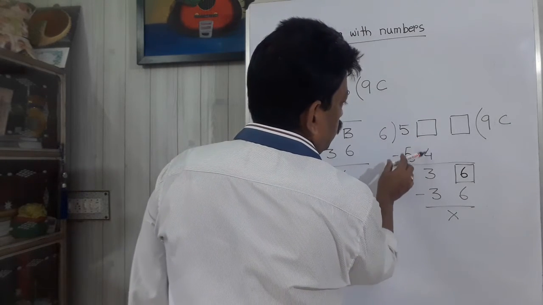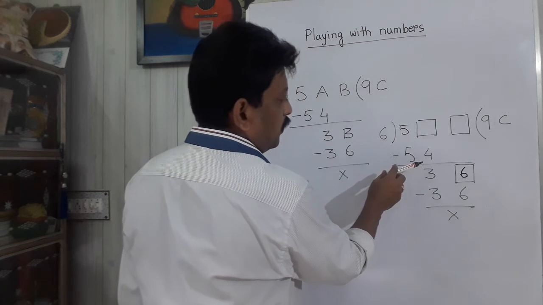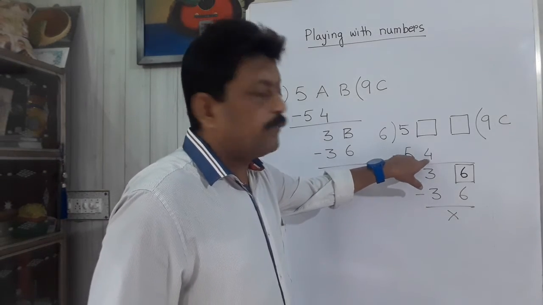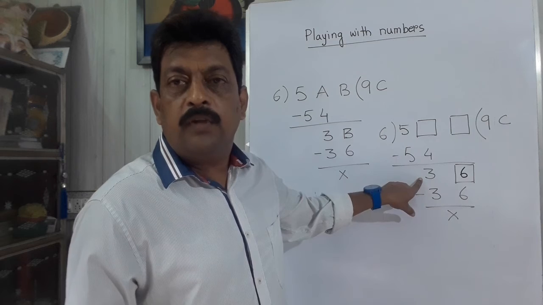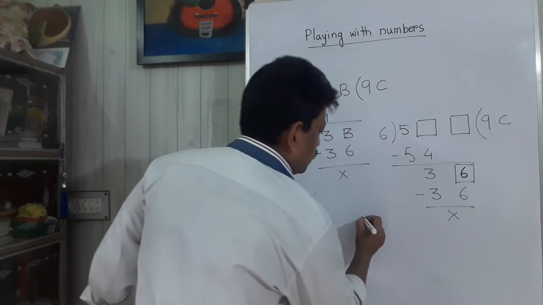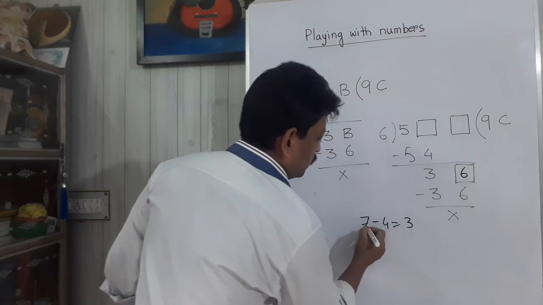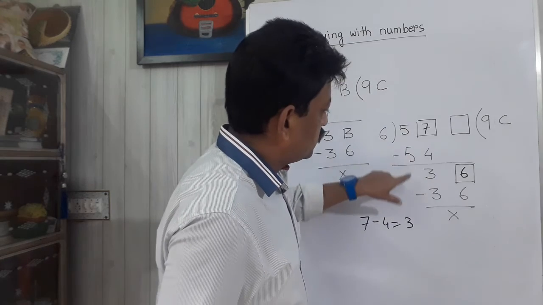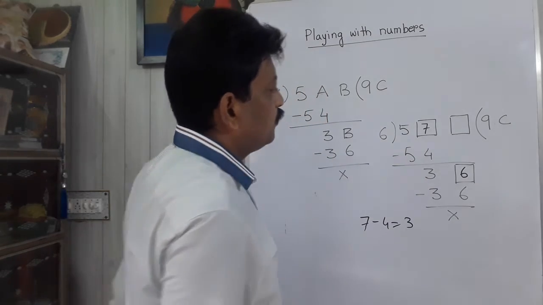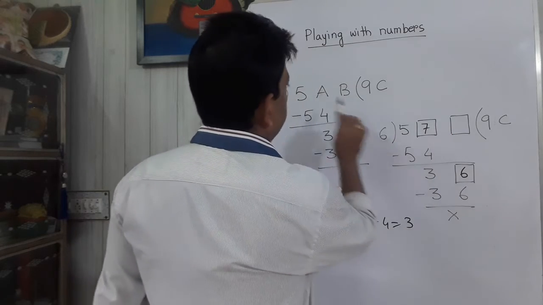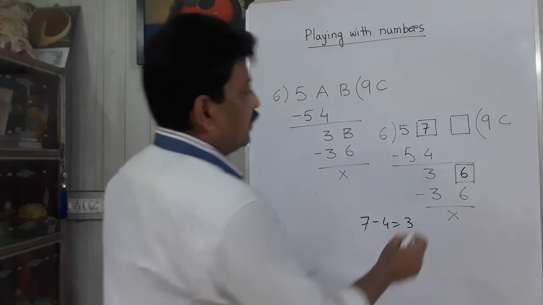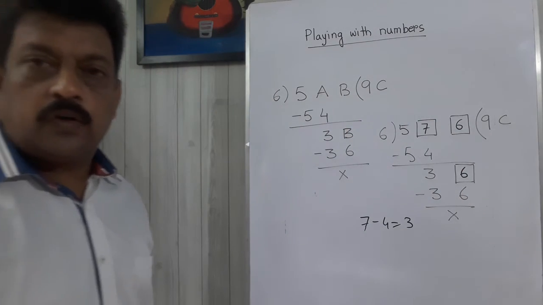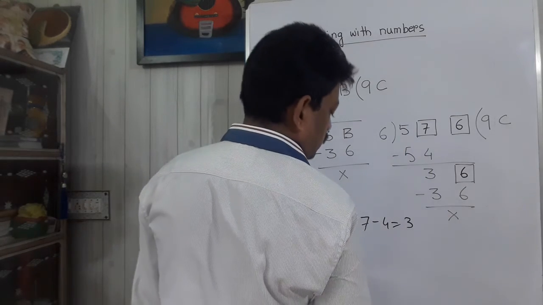Now, which number minus 4 gives 3? Just think of a number, subtract 4 from that number, the result is 3. Which number? It is very easy. 7 minus 4 is 3. So here it should be 7. 7 minus 4 is 3. This is totally divided. Therefore, we have got 7 in the place of A. So we have got A and B. And since I have put B here, 6, so 6 will be here. Okay. Just see now the whole answer we have got.